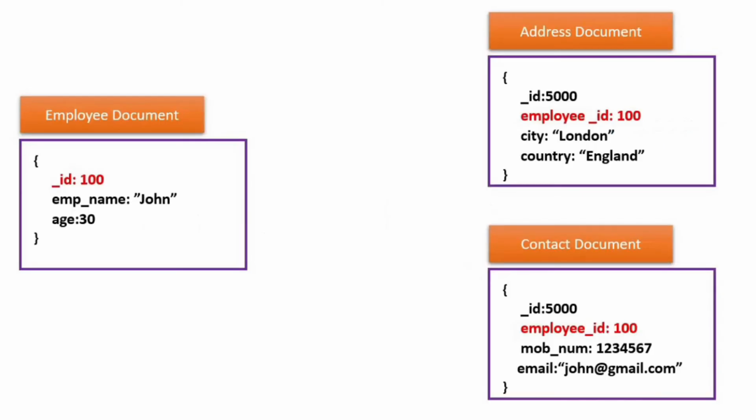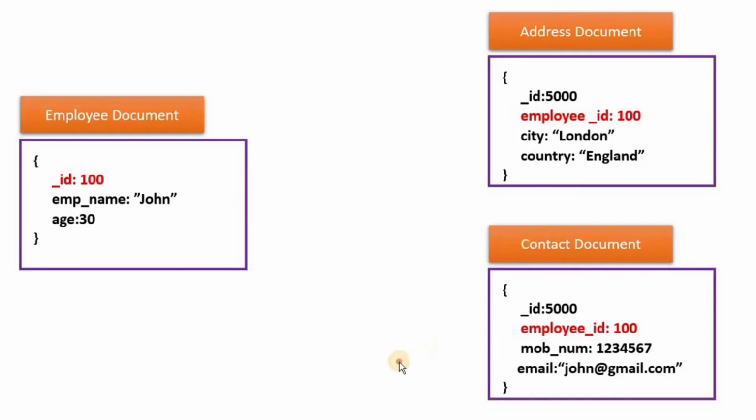Here you can see that we have 3 different documents: employee document, address document, and contact document. In the employee document, we have ID, employee name, and age. In the address document, we have ID, which is the primary key of that document. Then we have city, country, and we also have the employee ID, which refers to the ID of the employee